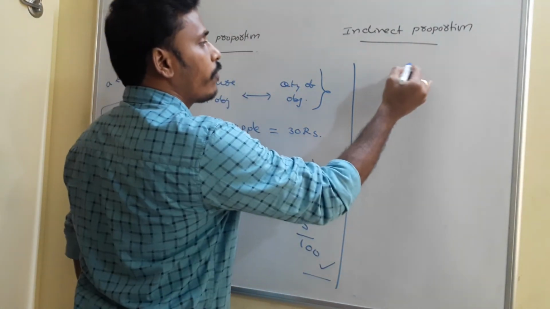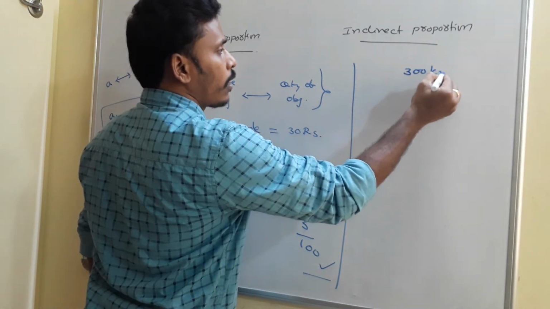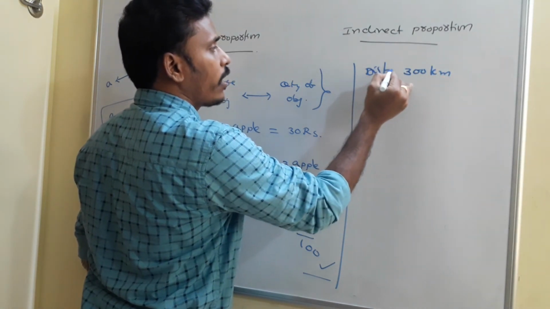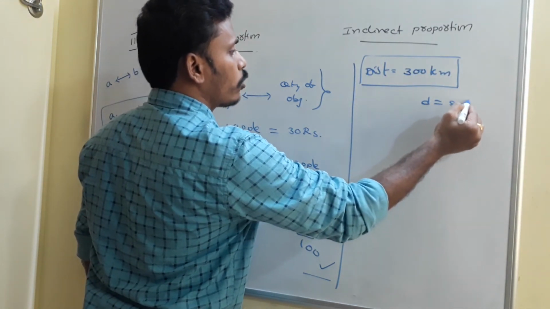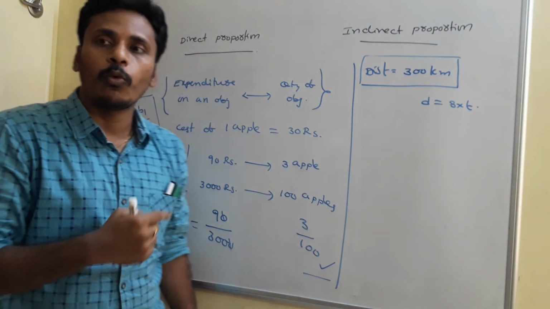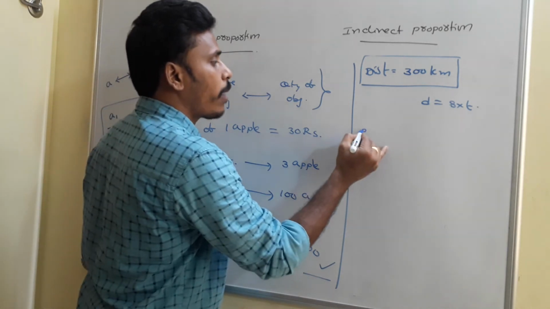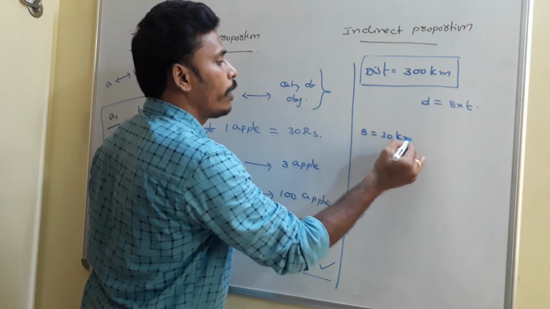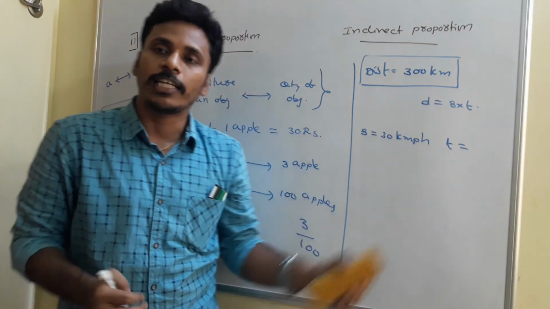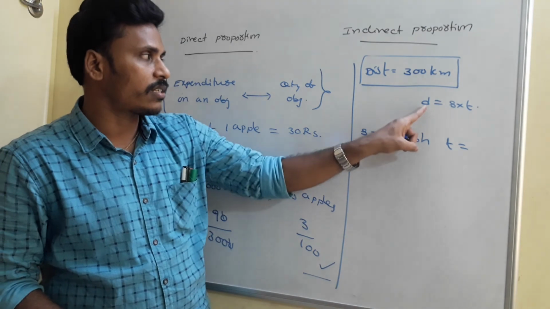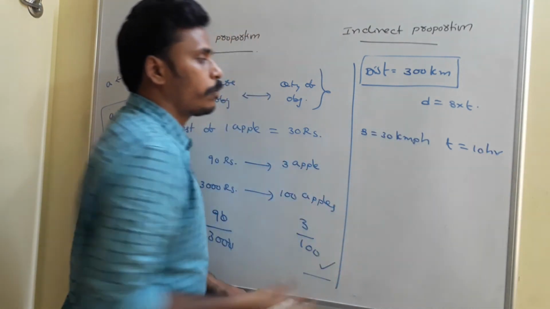For example, if I fix a distance of 300 kilometers, I need to cover a distance of 300 kilometers. You just think about it. I think you all know the formula that distance is equal to speed into time. Keeping that in mind, I am going to generate this example. If distance is 300 kilometers and my speed is 30 kilometers per hour, then what is the time required for me? Distance is 300, speed is 30, then it takes 10 hours of time to cover that particular distance.